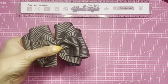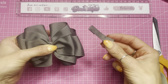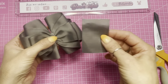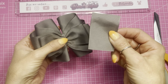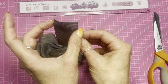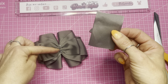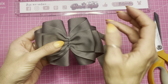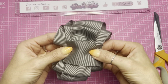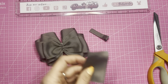And then we can grab our hair clip or whatever you're attaching your bow to. So I've got this one that I already lined earlier, and this center strip here, which I showed you at the start of the video, is 6 centimeters in length, 1.5 inch wide or 4 centimeters wide. I'm now actually thinking this might not be long enough, because as you can see the center of this bow is quite wide, so I'm not sure if I will get that round and have enough space to wrap it around the clip. So I'm going to cut another piece